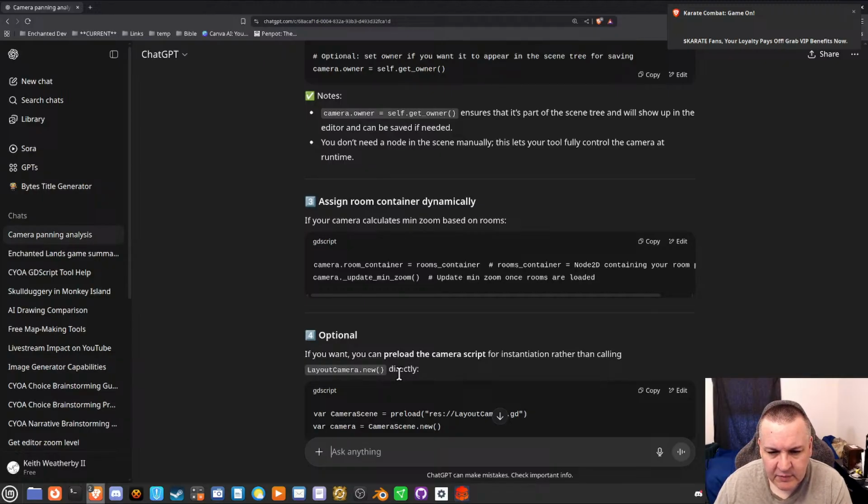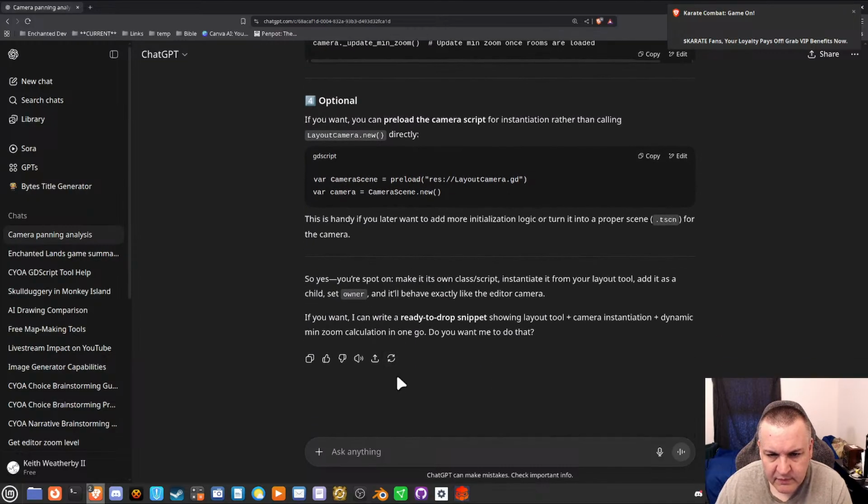If your camera calculates min zoom based on rooms, optional. Preload the camera script for instantiation rather than calling layout camera new directly. No, because I'm not. Well, okay, it's not a scene though.